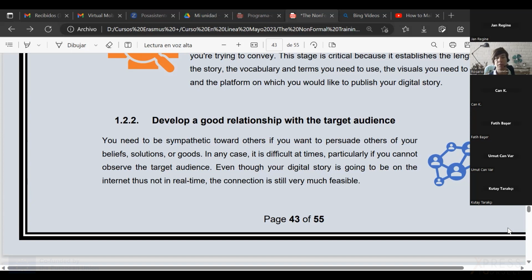religion or politics are good examples of how to have a good relationship with the target audience, unless we are talking about a topic.